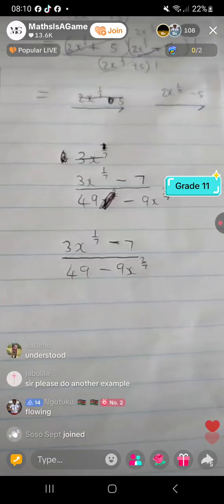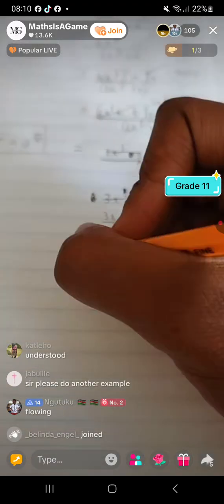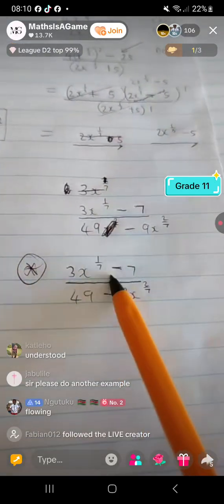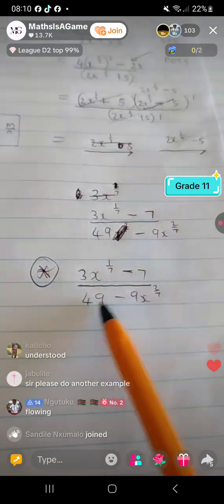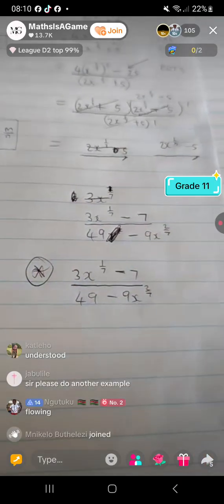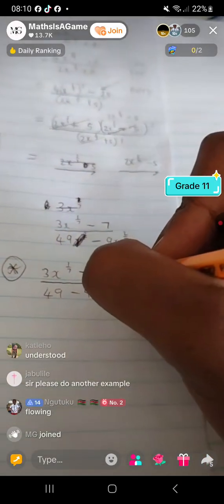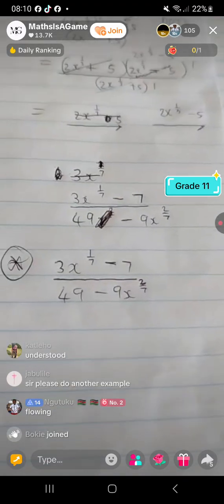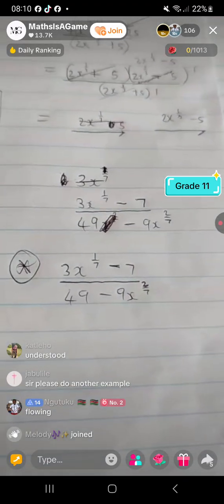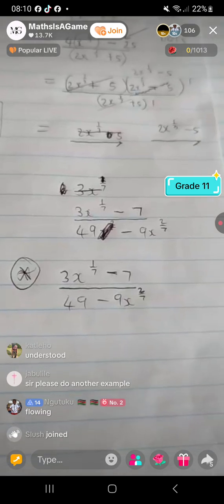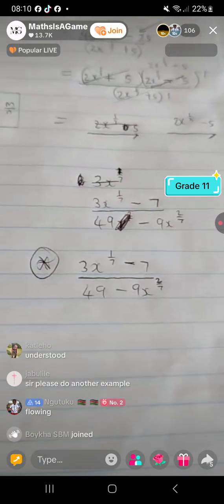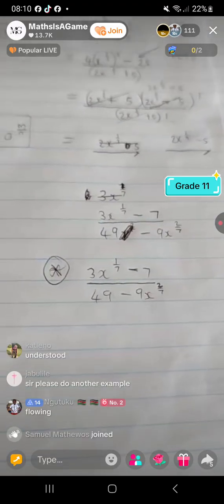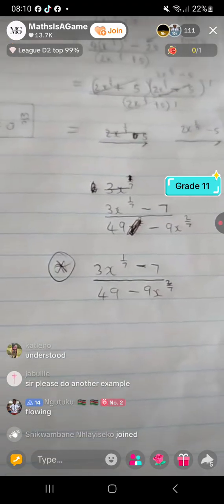I repeat, it's 3x to the power 1 over 7 minus 7 over 49 minus 9x to the power 2 over 7. All right, 4 minutes, guys. Let me just give you some time to go over this. Time is 8:10. At 8:14, I'm going to do the correction. So you guys can attempt this and see if at least maybe there's something that